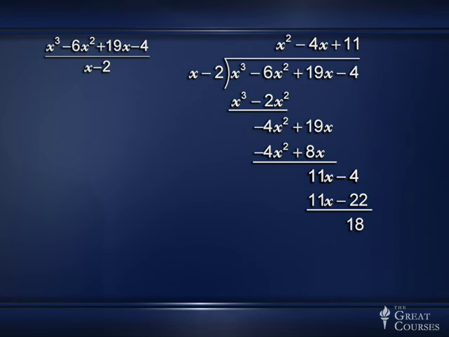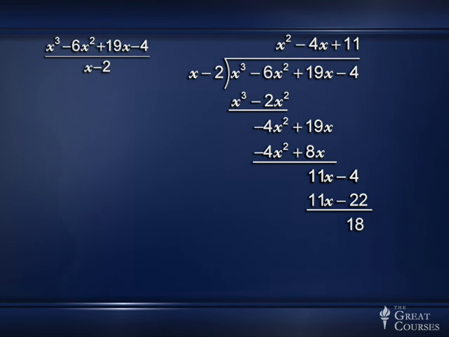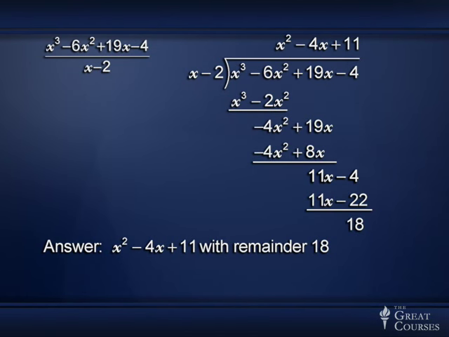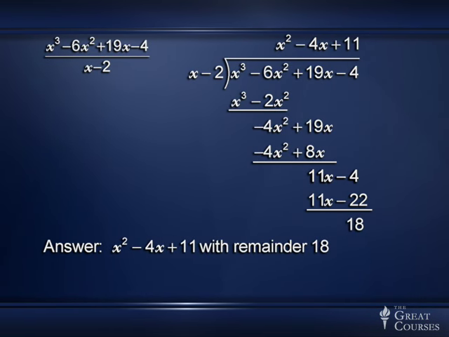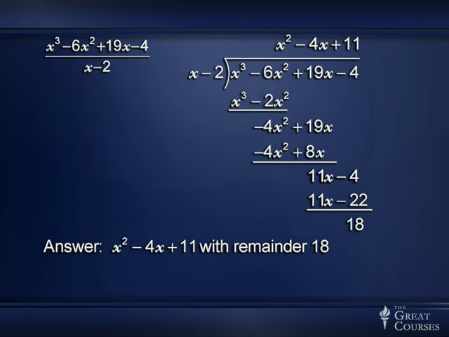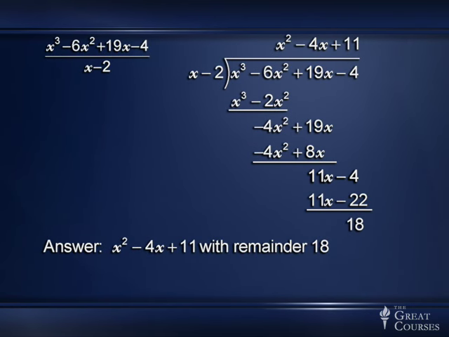And now I'm done. And the reason I'm done is because 18 doesn't have any x's in it. Its degree, if you will, is smaller than the degree of x minus 2. So I quit. And I know that my final answer then is x squared minus 4x plus 11 with a remainder of 18. And by the way, because that remainder is not 0, it means that I know that x minus 2 does not evenly divide or perfectly divide the original numerator, the first function, x cubed minus 6x squared